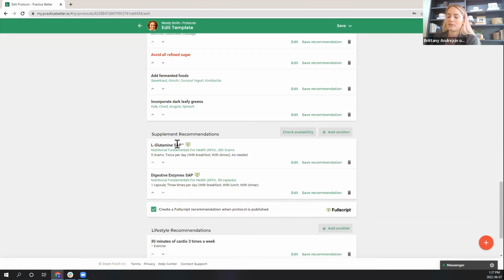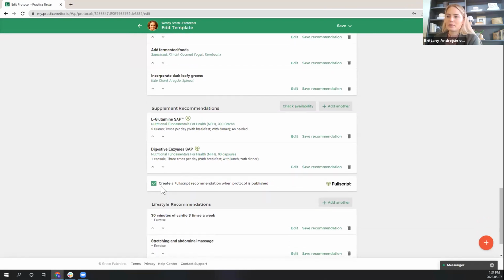So you can see here that I've already got a couple of examples built out. I can tell that these are from the Fullscript catalog based on this little icon here. You can see the two leaves. That's saying to me as the practitioner that these are coming from that Fullscript catalog. Once I add something from the Fullscript catalog, I'll be able to also check this box here. So Fullscript will create a protocol when this is published within Practice Better. So the client will also be notified of the protocol being created within Practice, or I'm getting all mixed up,